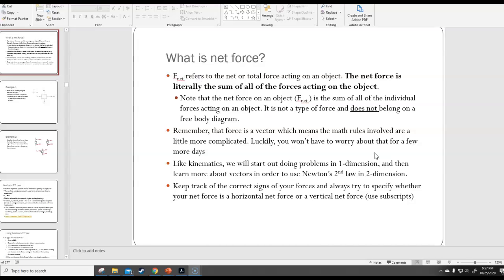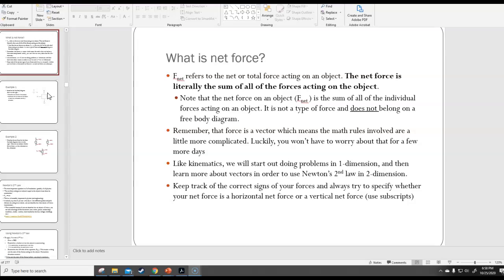Okay, so in the last video we talked about the concept of net force. And remember, when we talk about net force, we're talking about the sum of all the forces acting on that object. Okay, and so what you're adding though are vectors, because force is a vector, and so it's a little more complicated than just adding up numbers. And we did some examples in the last video where we saw that really when we talk about net force,